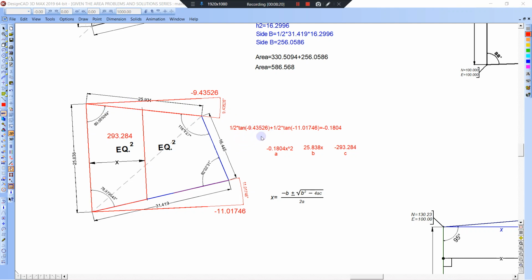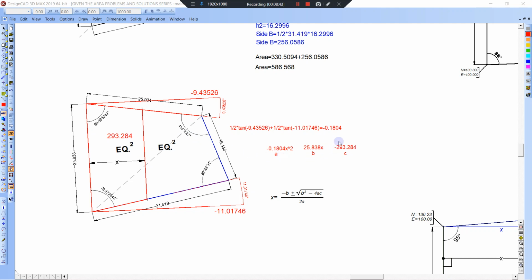And I'll get more into it. I'm just cranking this one out so you can see how it's done. In case you already kind of know, we'll get more in depth in the next one on the steps. So the area of the rectangle is 25.838 times x,